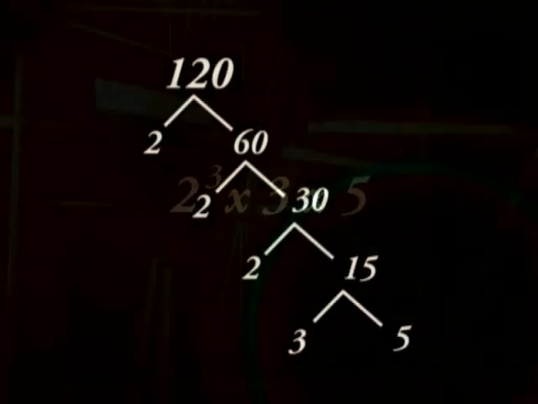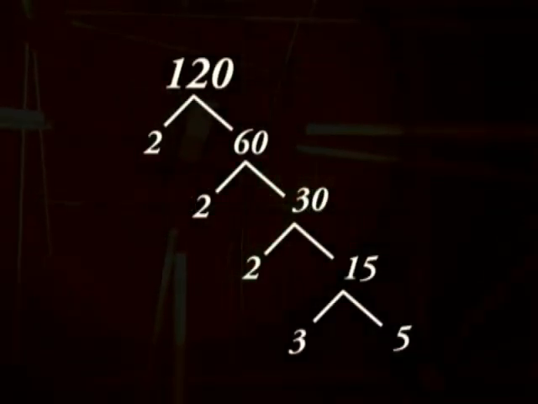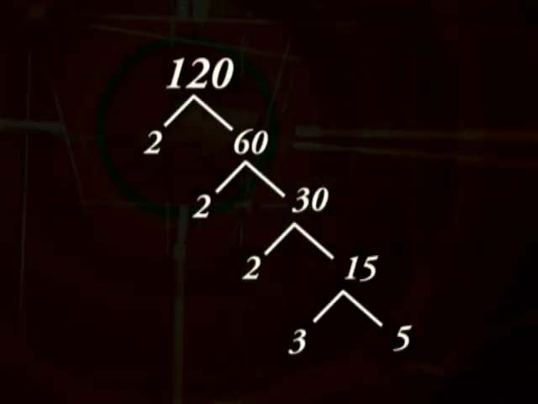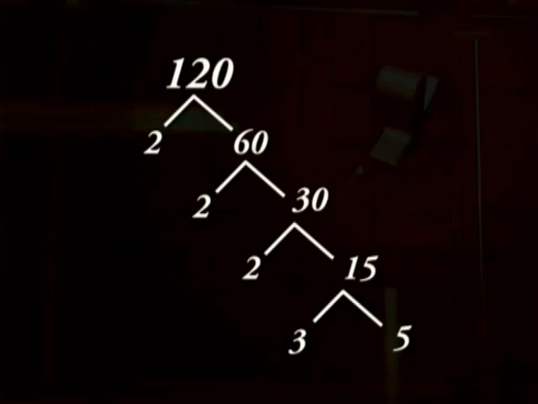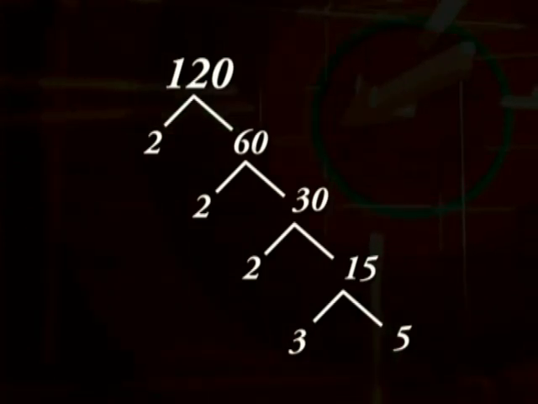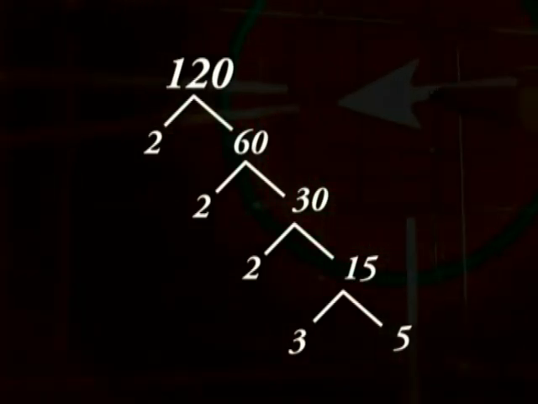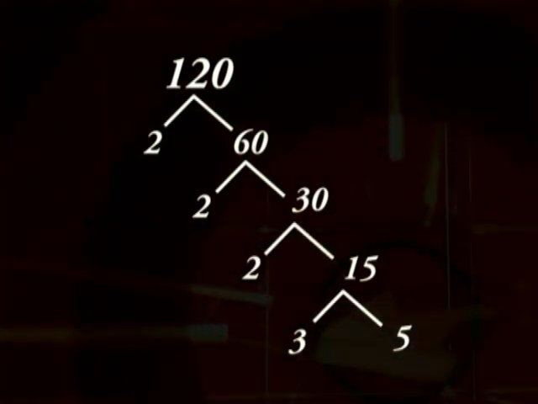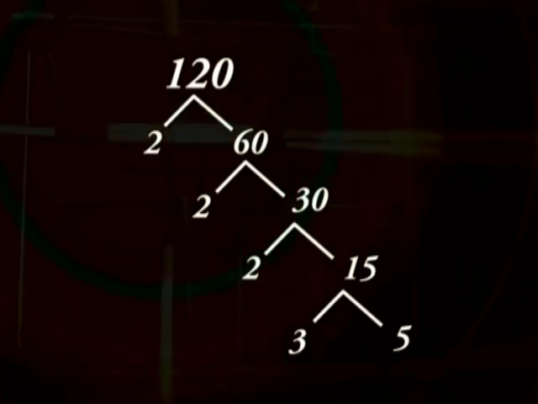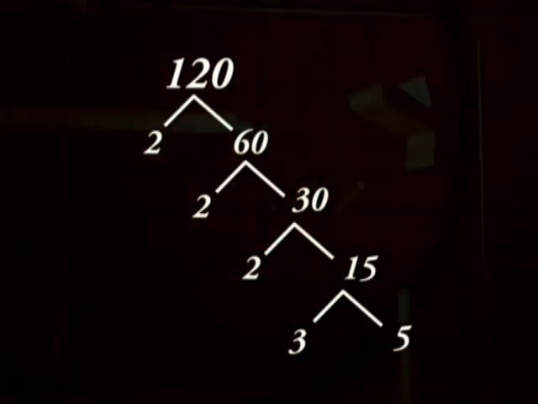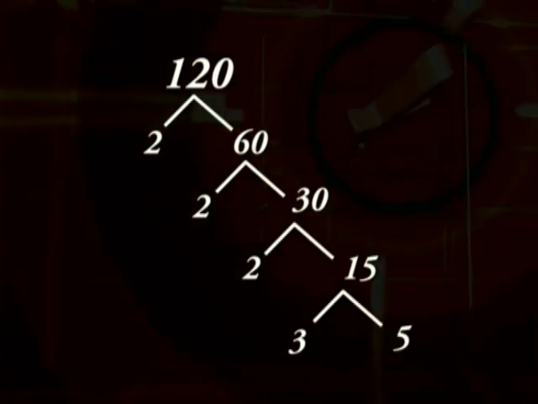This is illustrated below. By looking at that tree diagram, you will see 120 dividing by 2 60 times, 60 dividing by 2 30 times, 30 dividing by 2 15 times, and then 15 dividing by 3 5 times. Similarly,